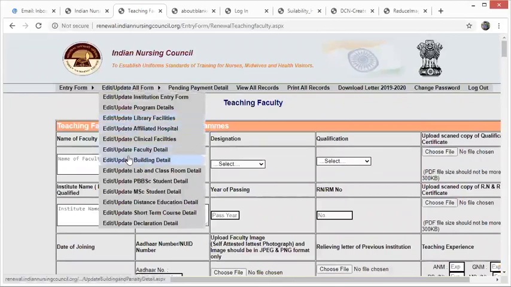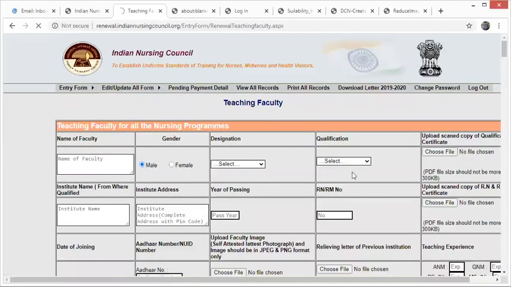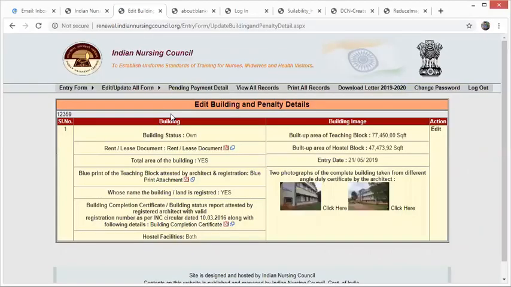If I've already uploaded the photographs which is attested by the certified engineer or architect, it's fine. Otherwise you have to upload the building certificate which is certified by a certified engineer and the architect, because that will only give the proof that it is your building. And we have seen many of the institutions are uploading the banner. You know, the banner is not required. You have to have a correct display of your institution name on the building. At least have some permanent way of doing that rather than having just a cloth banner.